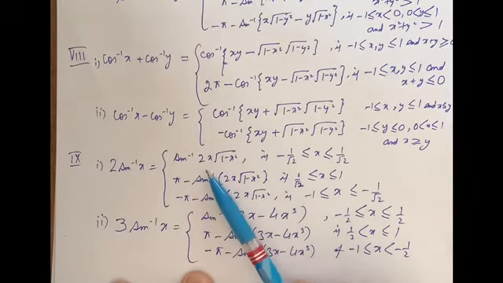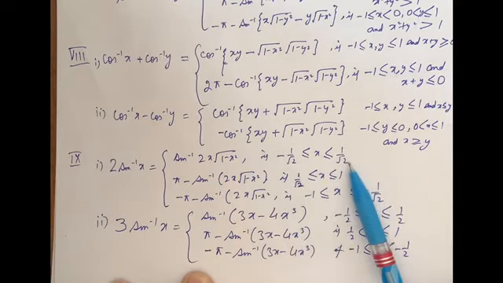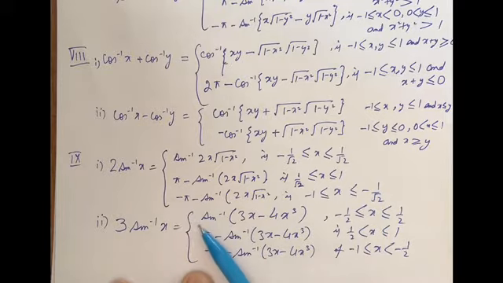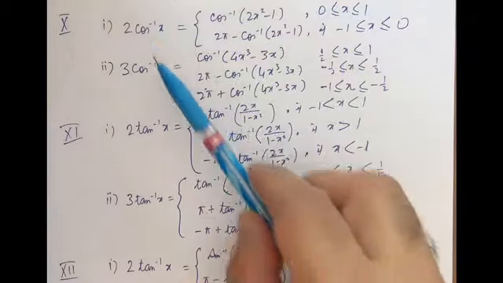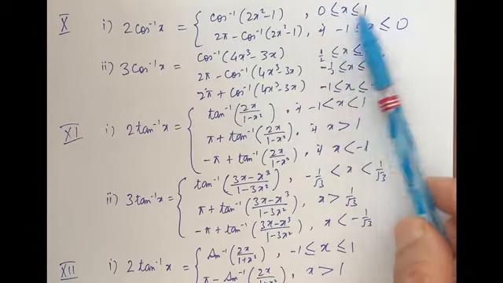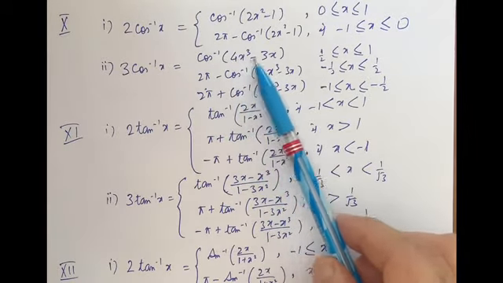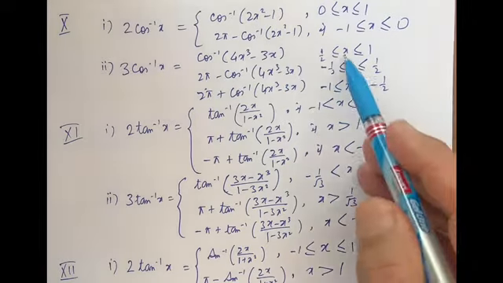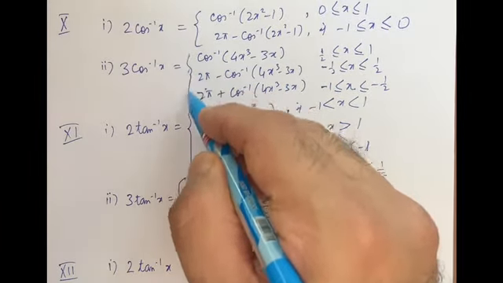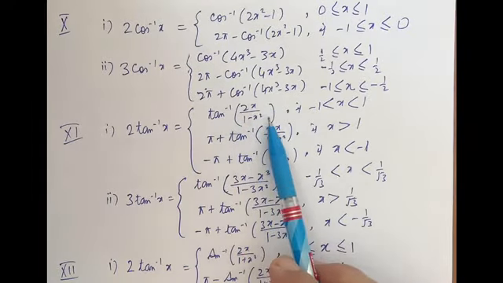This is equal to sin inverse of 2x into root 1 minus x square, x lying between minus 1 by root 2 to plus 1 by root 2. For 3 sin inverse of x, it's sin inverse of 3x minus 4x cube, and x should lie between minus half to plus half. 2 cos inverse of x is cos inverse of 2x square minus 1 if x lies between 0 and 1. 3 cos inverse of x is cos inverse of 4x cube minus 3x if x lies between half and 1. And for 2 tan inverse of x, it's tan inverse of 2x upon 1 minus x square,